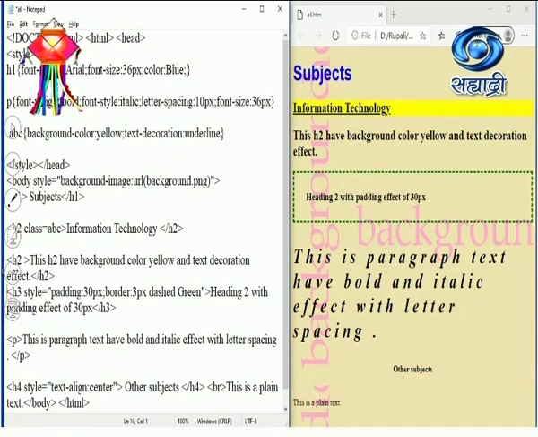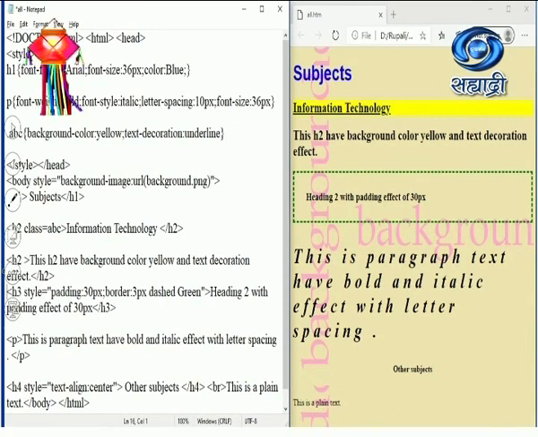Students, over here the text-align is mentioned for H4 and for other objects. So you may observe over here other objects have appeared in the center because of the text-align CSS property. So this heading 2 has got the distance because of the padding effect. So what is the padding effect? Between the text and the outside area which you have to display on your web page, there should be a distance. So here this 30 pixels distance has appeared because of this padding property of CSS.